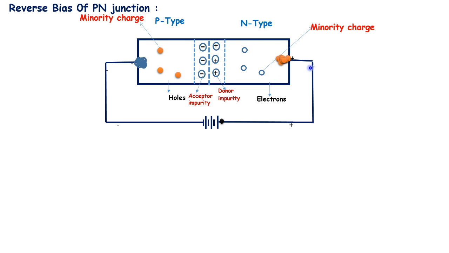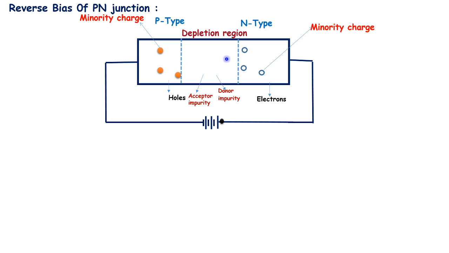The positive charges recombine with this, and the holes here recombine with the negative charge. Now what is left here? The minority charge carriers are left. Minority charge carriers in N-type are holes, and in P-type semiconductor electrons are the minority charge carriers. Now what happens here? The depletion layer increases, like this.